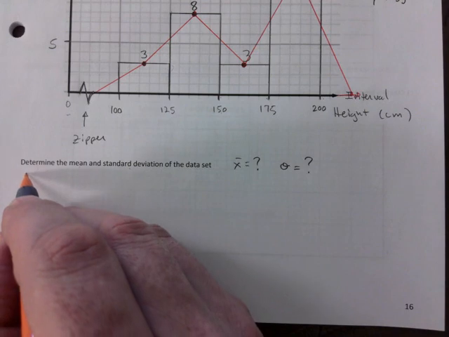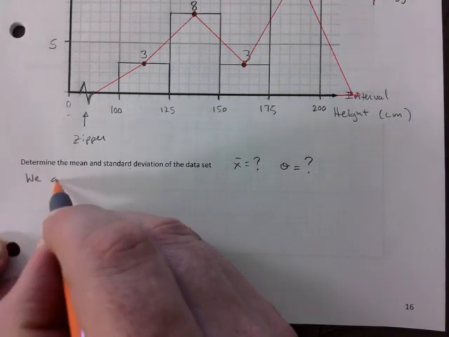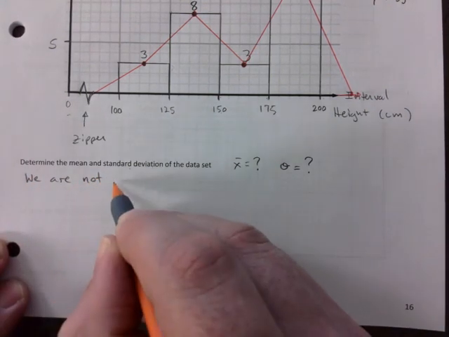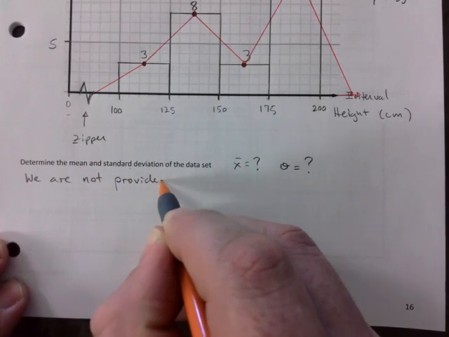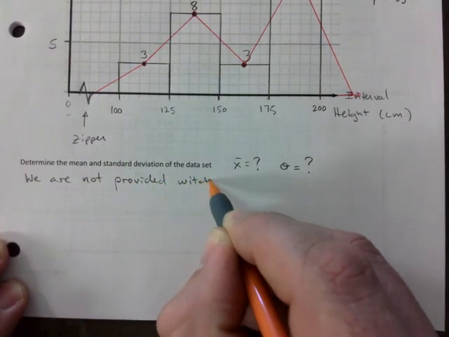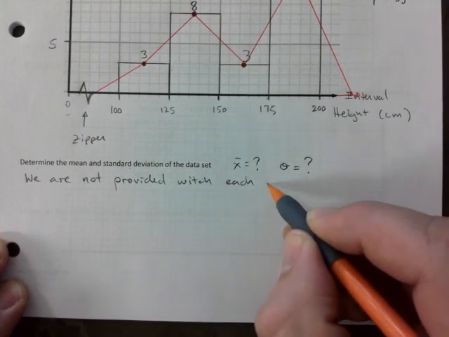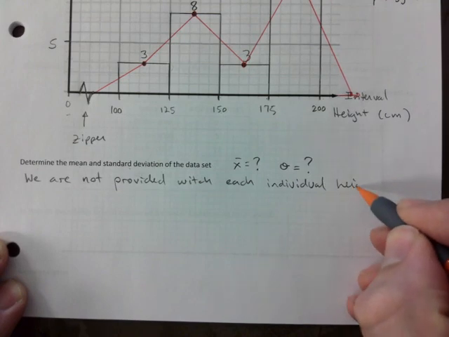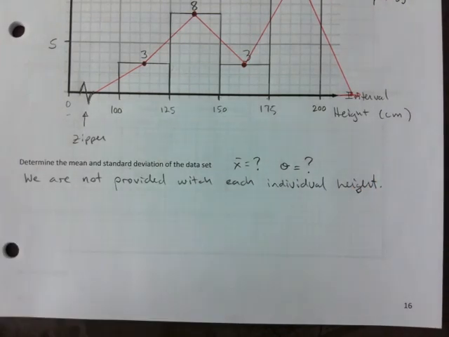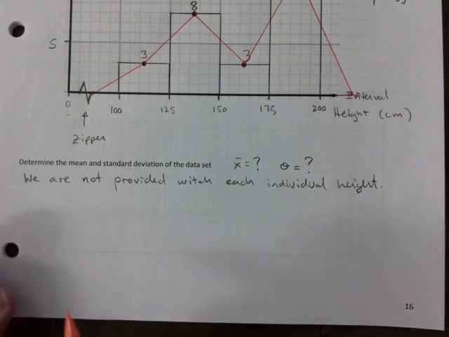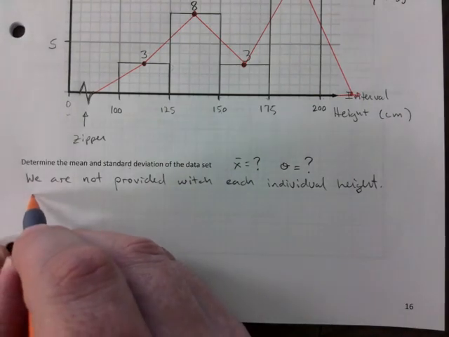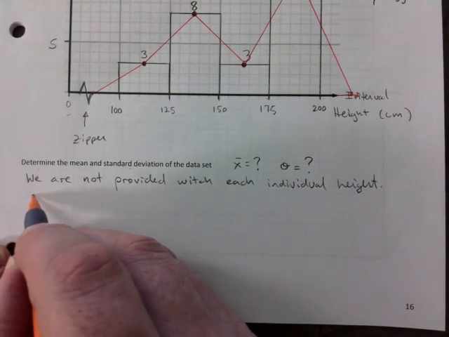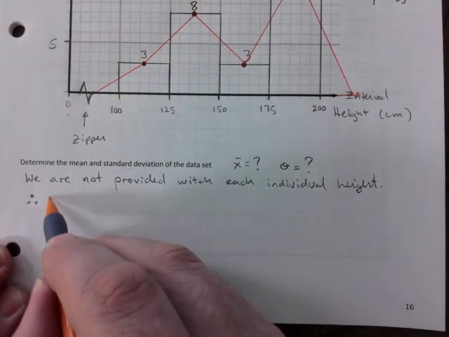The answer is, we are not provided with each individual height. Right? We're not given that data set where we know every single height of every single plant that we're dealing with. Okay? Therefore, I'll go like this. Therefore,